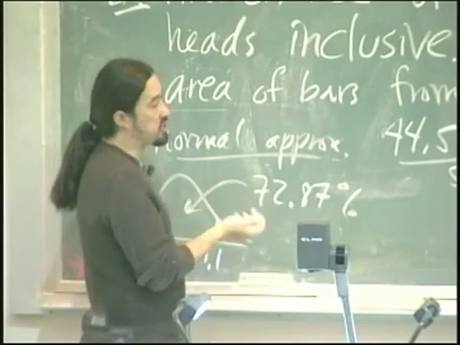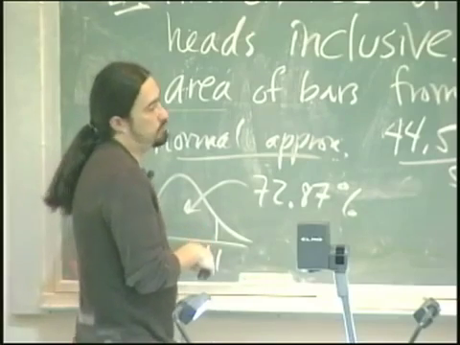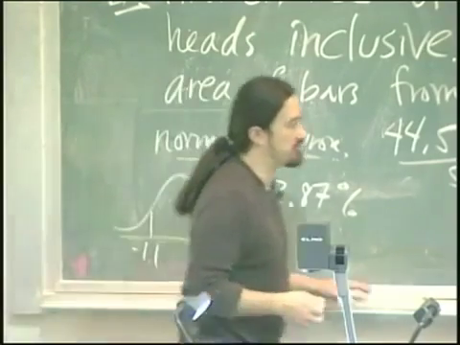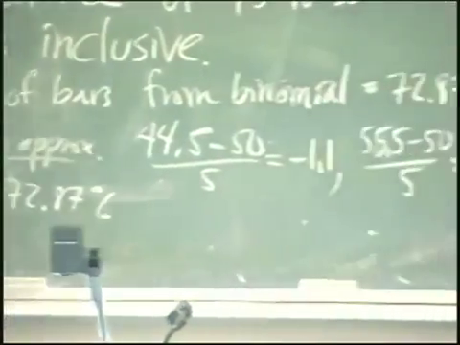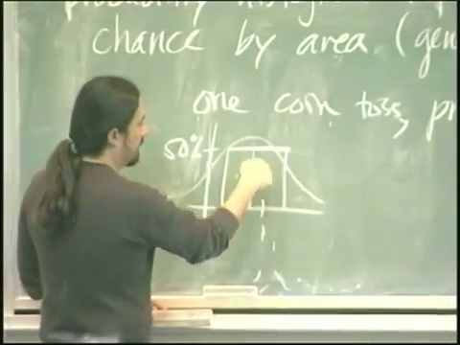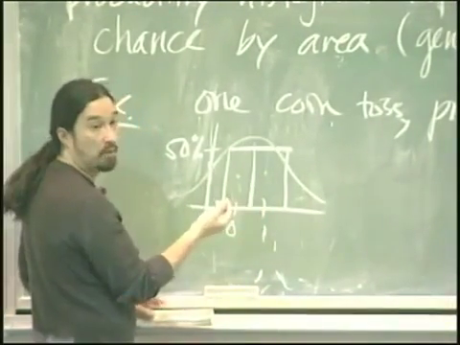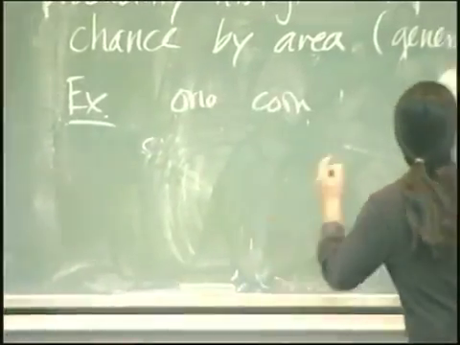So a question you might ask at this point is, when is it okay? I sort of started out by saying you shouldn't do it here, right? This does not look like the normal curve. If you tried to superimpose a normal curve here and find the area of one of these bars based on the curve, it's not going to do so well, okay? So when does it do well?